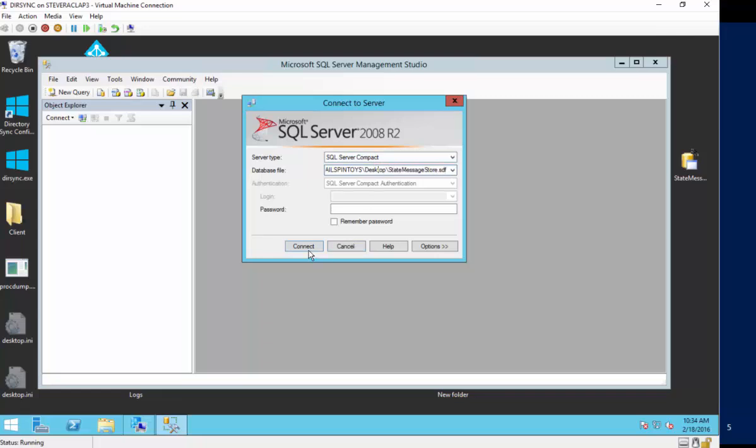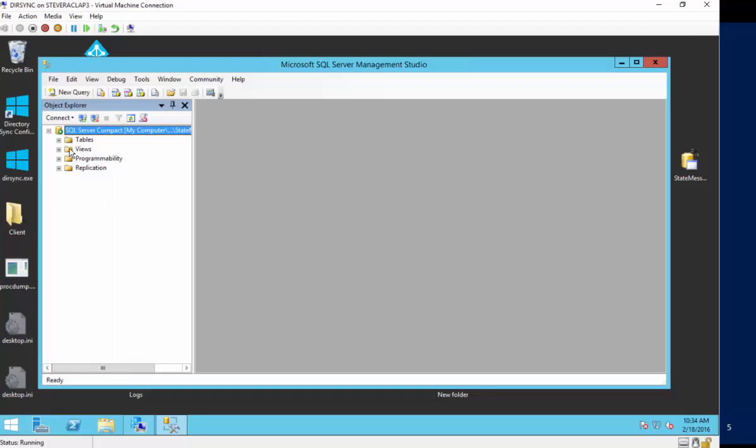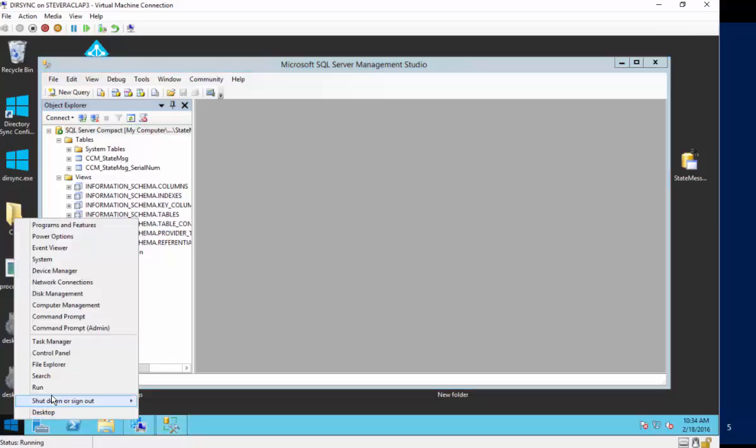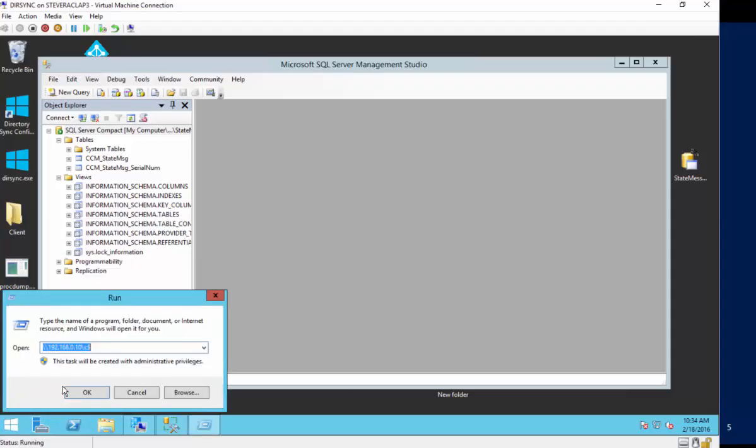It's using SQL Server Compact. So I'm just going to connect. And like any database, it has tables and there are views and so on, right? So if you look, this is not hugely different than what we have in WMI. In fact, just to illustrate that, let me see, do I have WMI Explorer? No. Just to illustrate that,